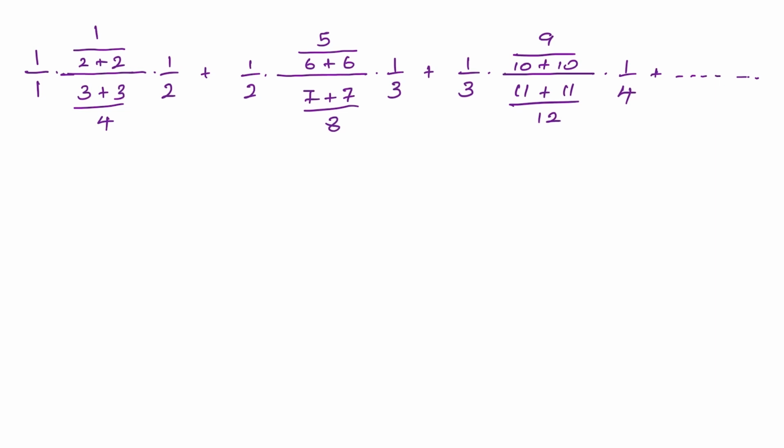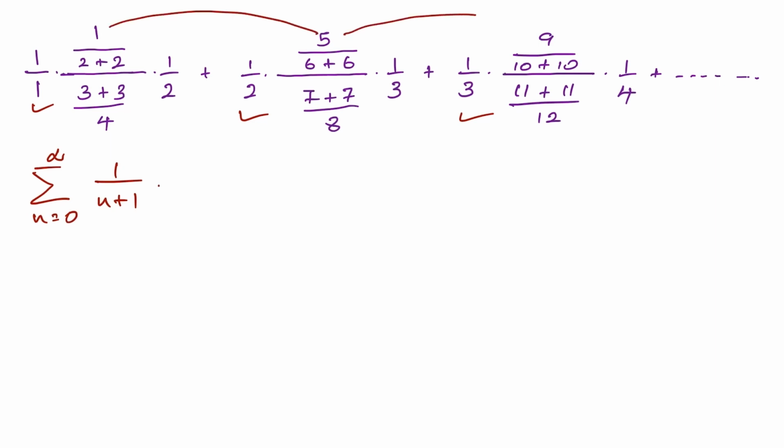So, how to begin? Well, first I'm going to write this infinite series by using sigma notation. So, we can write the sum of n equals 0 to infinity. Then first term here 1 over 1, 1 over 2, then 1 over 3. So, we know the general term is 1 over n plus 1, then here 1, 5, 9, so we know 4n plus